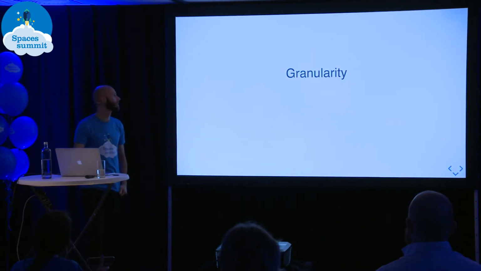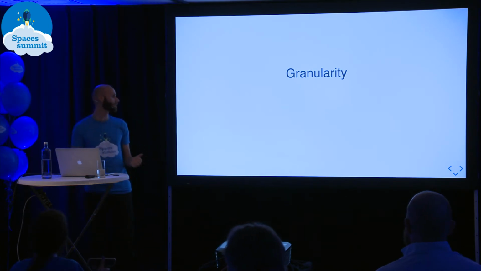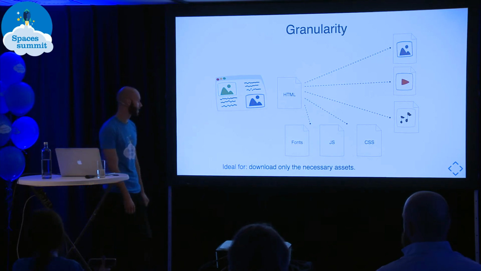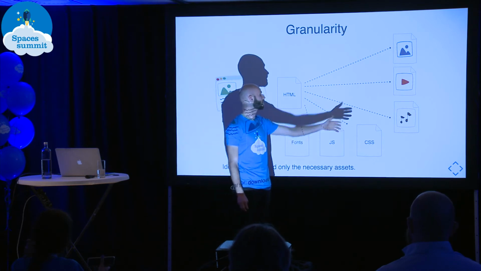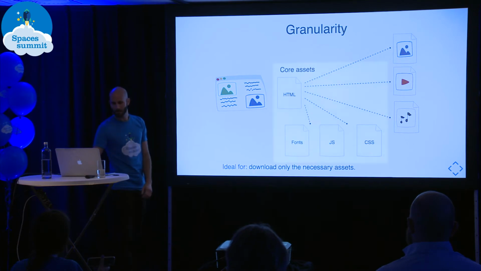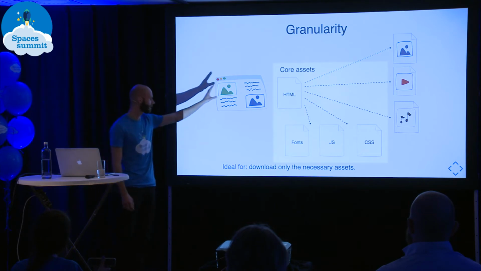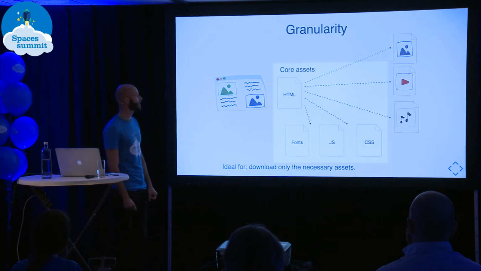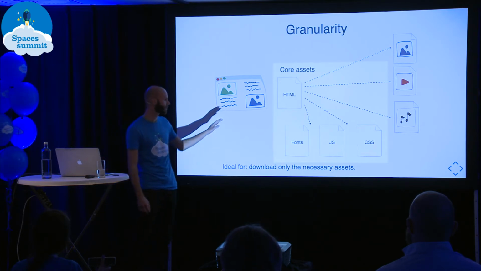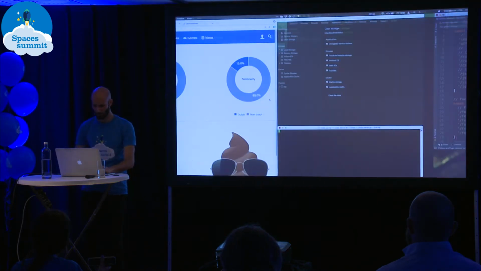First of all, granularity. Whenever you want to cache something, a key aspect is granularity. When you have your website, you want to be able to update only the fonts or only the JS or only some of the assets without having to download everything again. So a good way to go is to decide that these are my core assets, and I want the service worker to be installed only if I'm sure that I have those assets cached and they are available offline. So for instance, in our example,